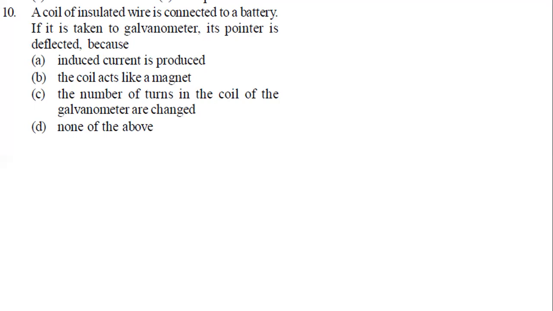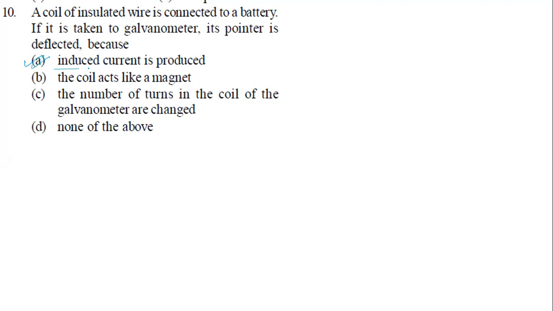Deflection will occur when? In the galvanometer. So this experiment we have done, Faraday's experiment, the galvanometer first shows deflection in one direction and then in the other direction. Because of what now? Because there is a current. How did we get the current? Because we are going to move what now? Magnets. Okay, so here this deflection's main reason is what now?